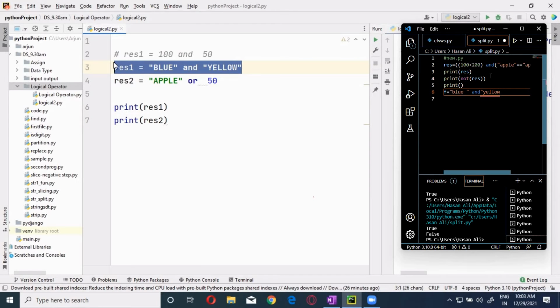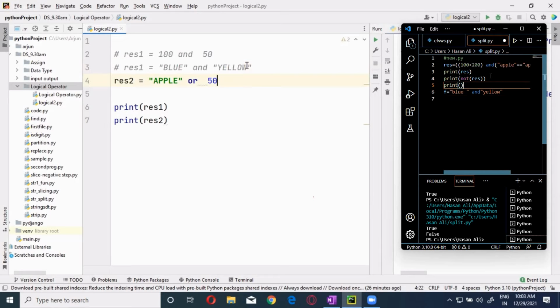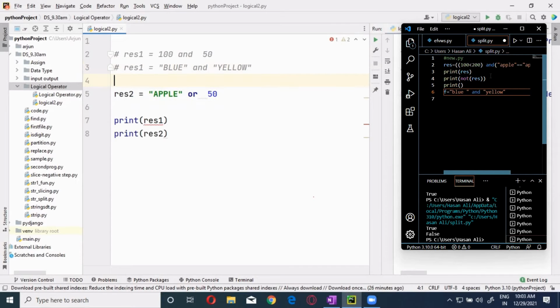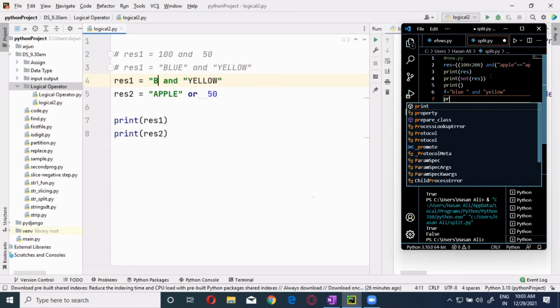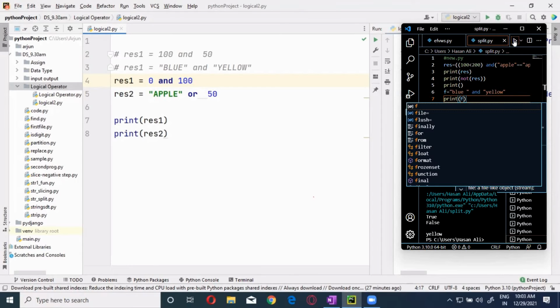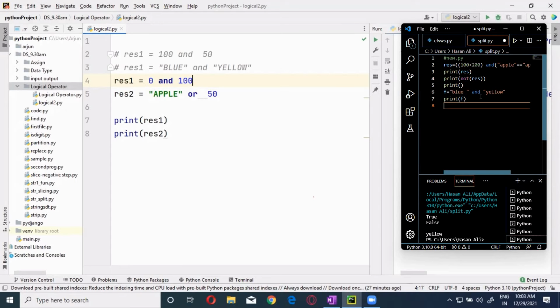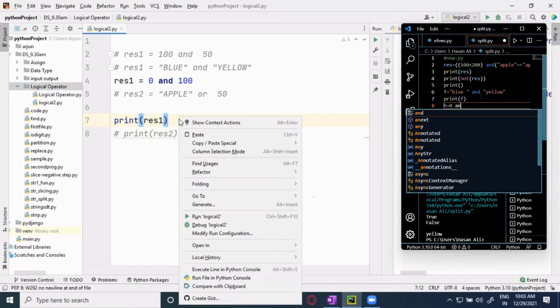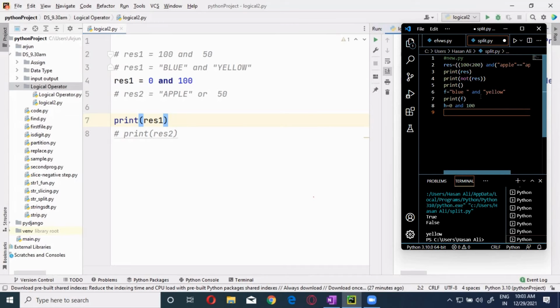Let's go with how the behavior changes when we are dealing with zero, guys. Now, if one value is 0 over here, and the other one is kept as 100, by default what should we get? We have to get the right side value. But you're not going to get the right side value. You're always going to get the 0 over here. Wherever the 0 is there, you're going to get the 0. Let's comment this one and I will show you. I will comment this one also. I will show you the first part. Wherever the 0 is there, you're going to get the 0 only. Remember that.